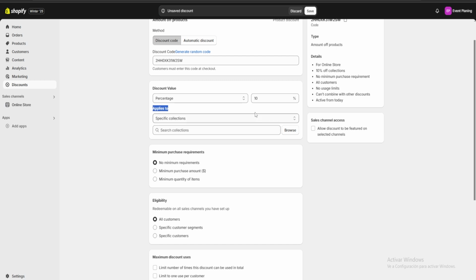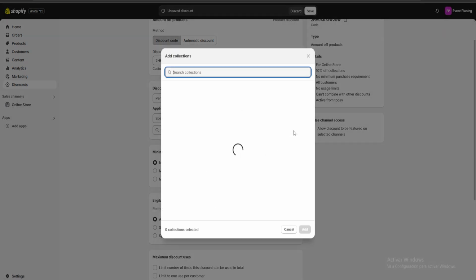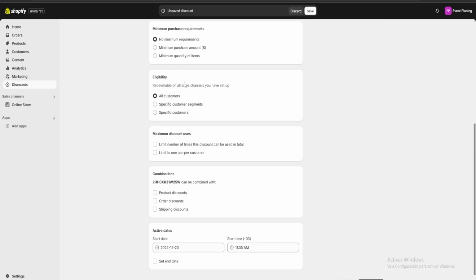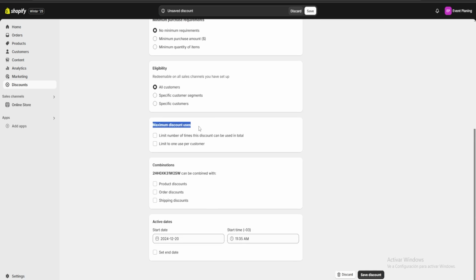Below it, we're going to be able to choose which collections our discount is going to apply to. So if we click on browse, we're going to choose the products on our homepage collection. If we keep going down, you can see that we have further options to customize our discount, such as, for example, if we need any minimum purchase requirements for it, the customer eligibility, the maximum amount of uses it has, the combinations,